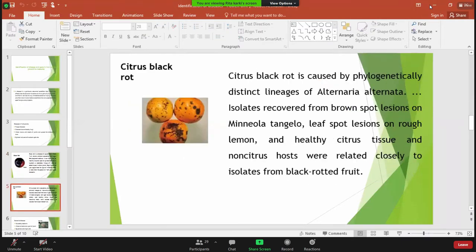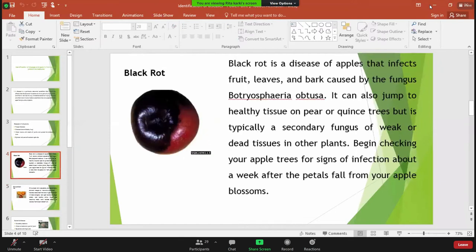Black rot disease not only infects apples, but a larger number of other fruits such as pear. These are also affected by the fungal disease called black rot. Besides these, several other citrus plants and citrus fruits are also affected by black rot, as well as sweet potato, vegetables, and potato that grow in our agricultural land. Besides these, there are still other types of fungal diseases, as you can see in the book.